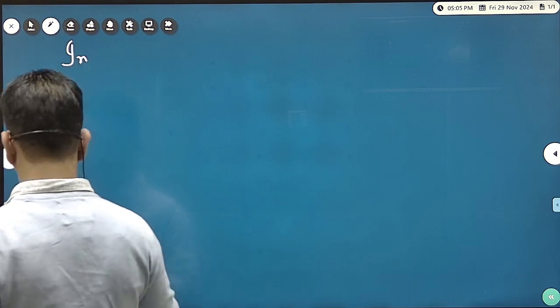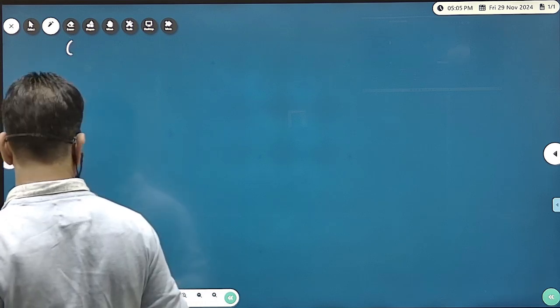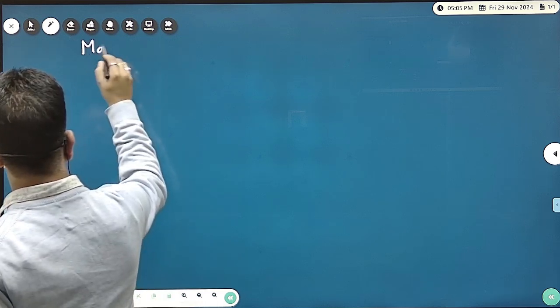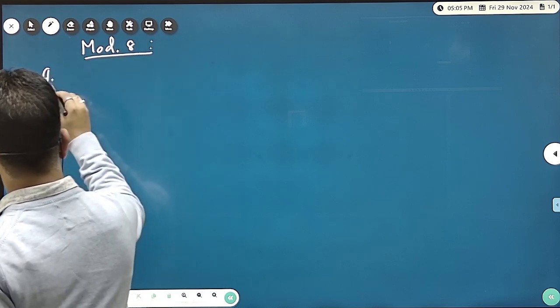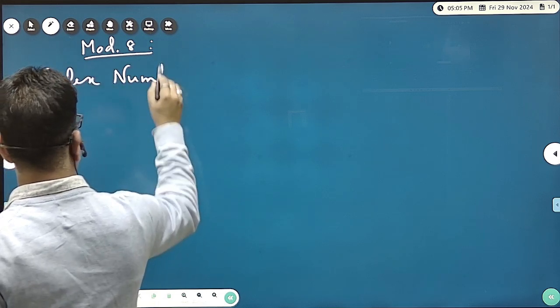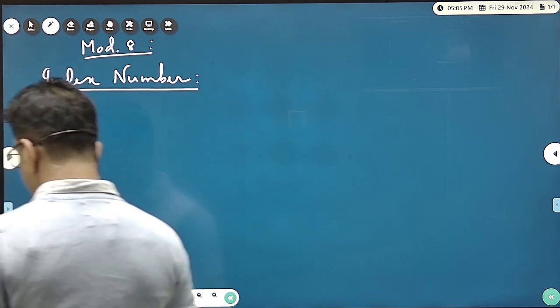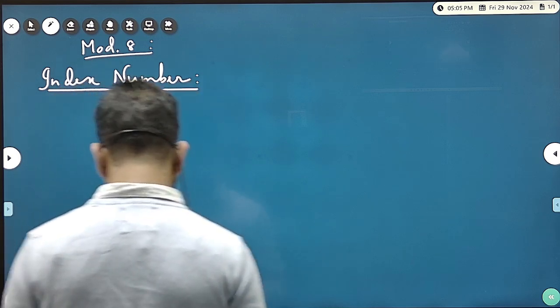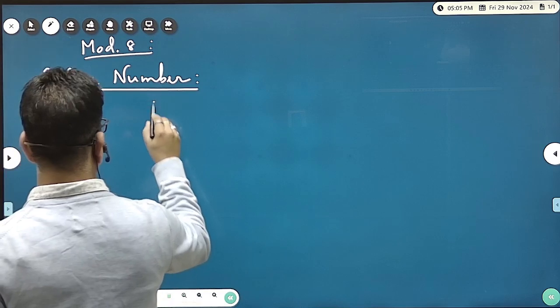So before that, let me write it. It is module 8. Okay. So module 8 we are going to do it. Out of this we are going to do index number. Alright, we are going to do index number. So there are different index numbers. So I'm just starting with price index today. So price index,